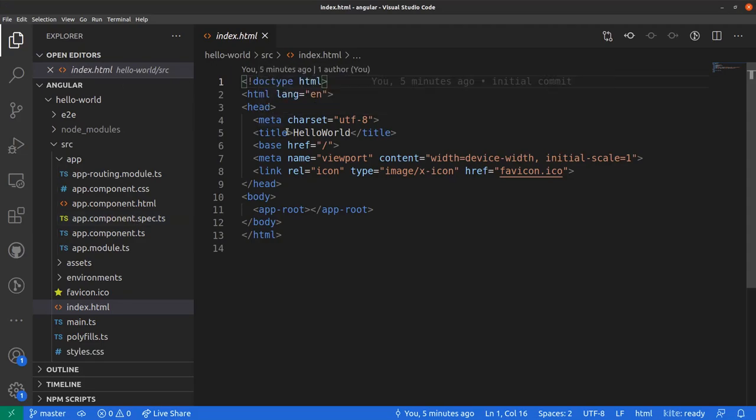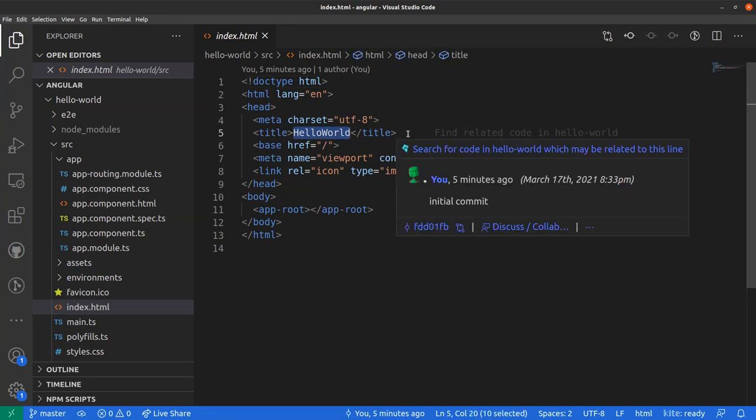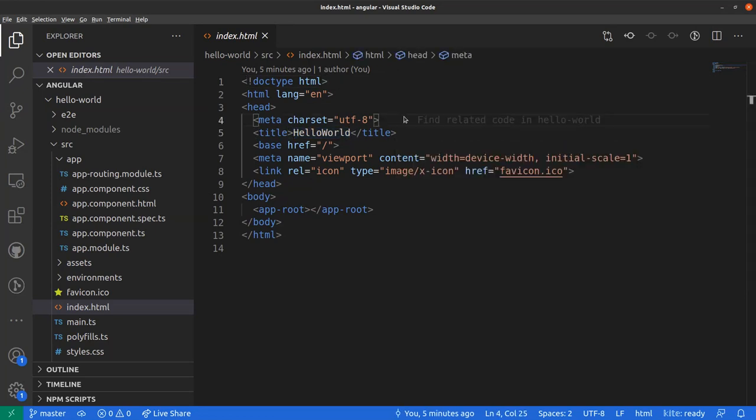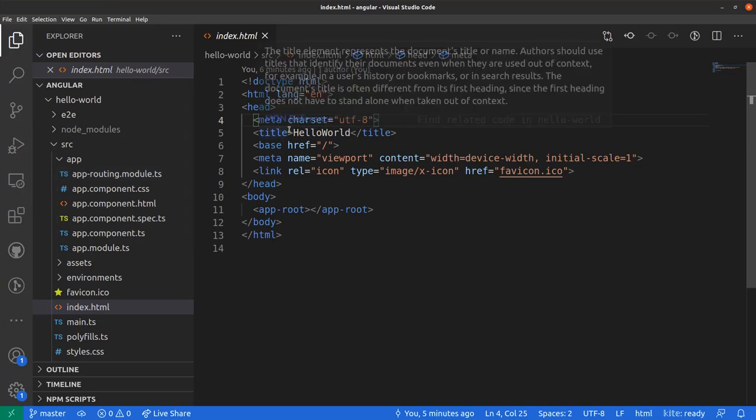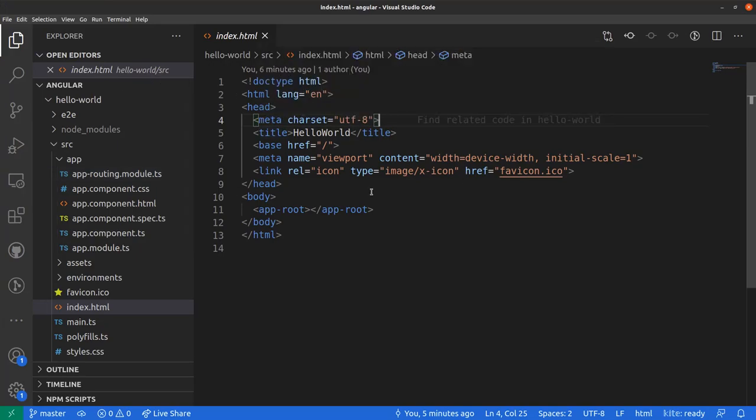There is some information in the head and the title says hello world. Let's see if the title of our page is also hello world. As you can see, the title of our page is exactly the same as there. So this is the HTML code for generating this page. Now let's go back to that page and we see, yes, this is the page we're looking for, but in